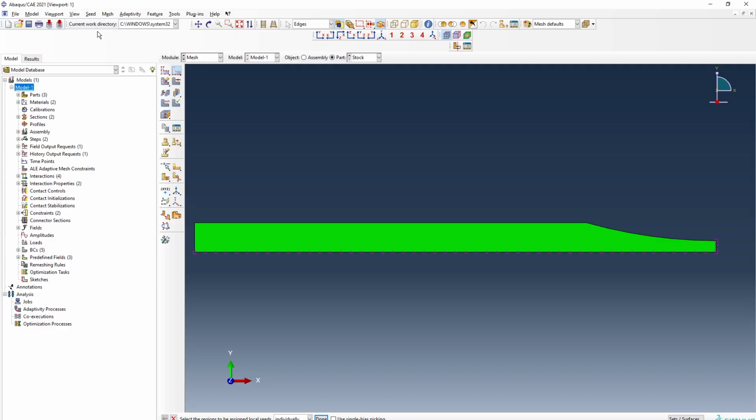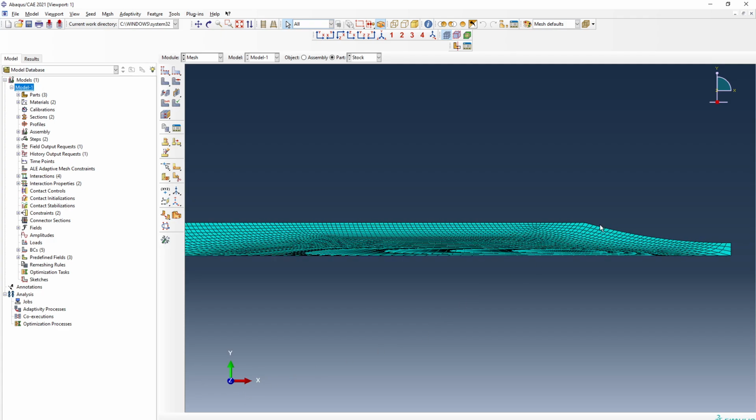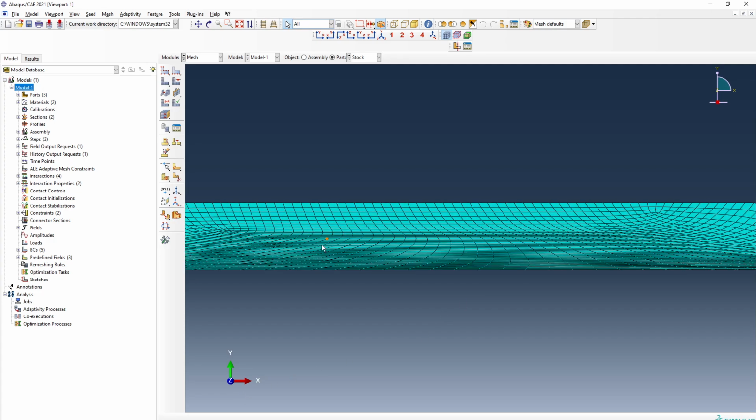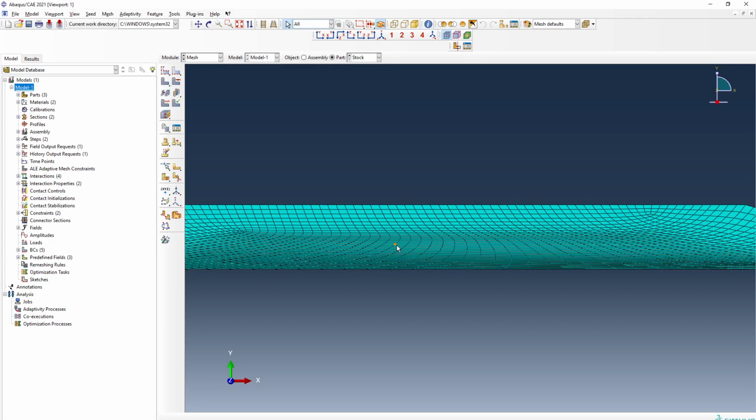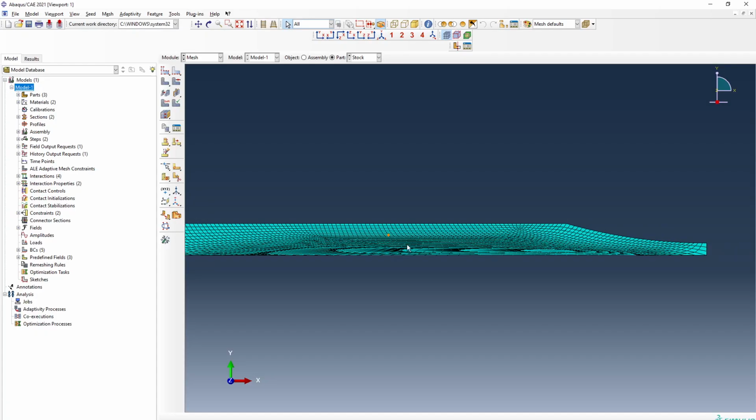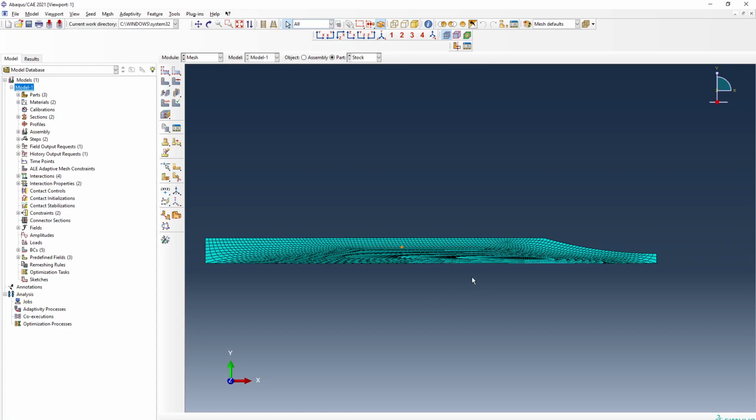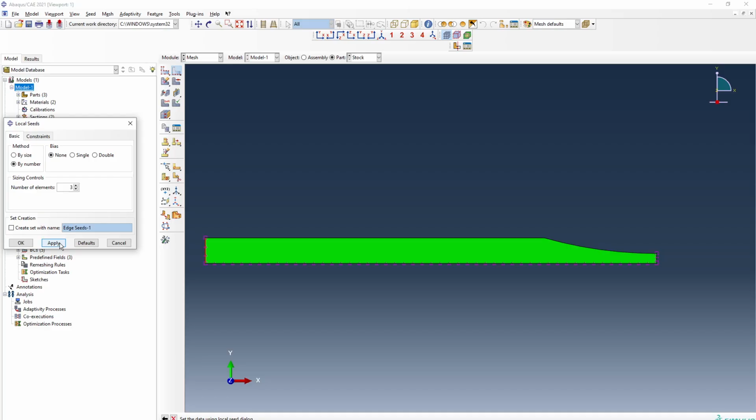So seed edges, mesh part, okay, something is not right. Mesh, delete mesh part, yes. Seed edges, let me see this side also. I'll put only 3 elements over here,